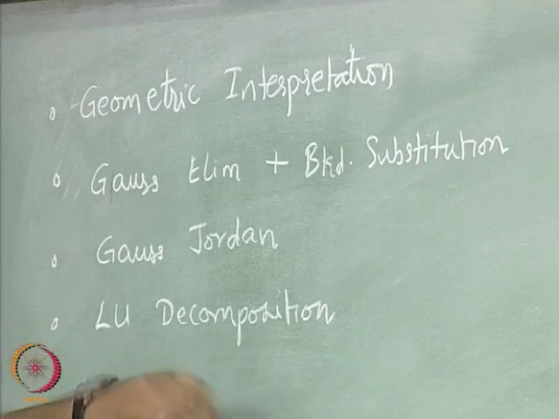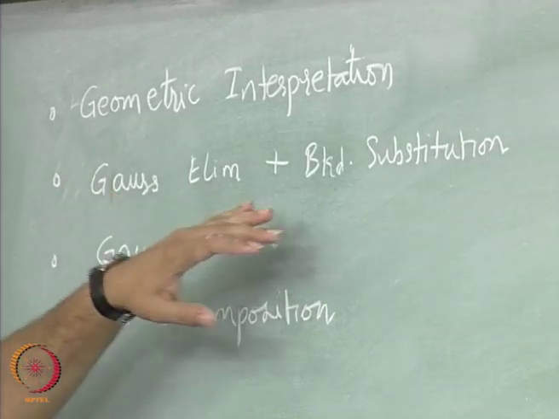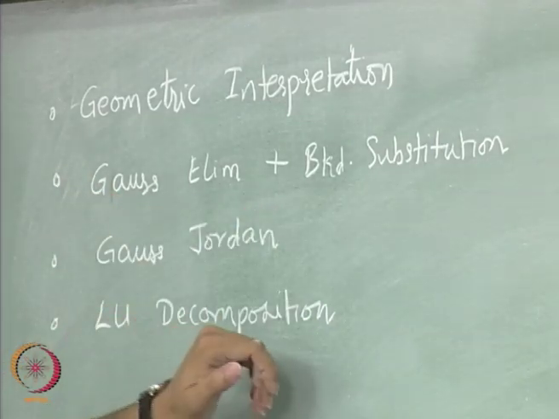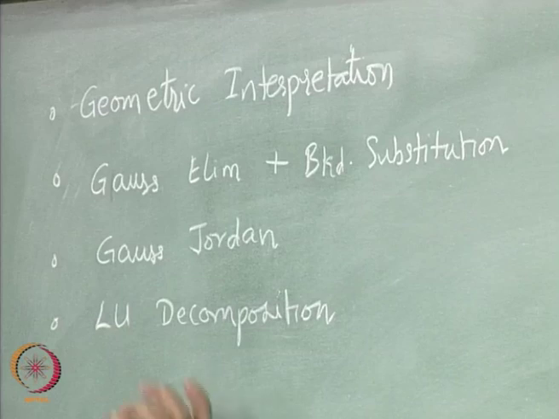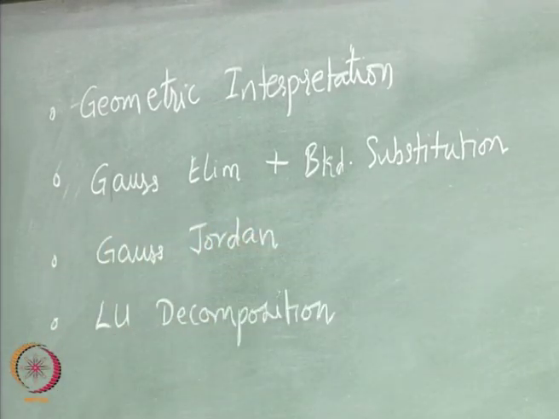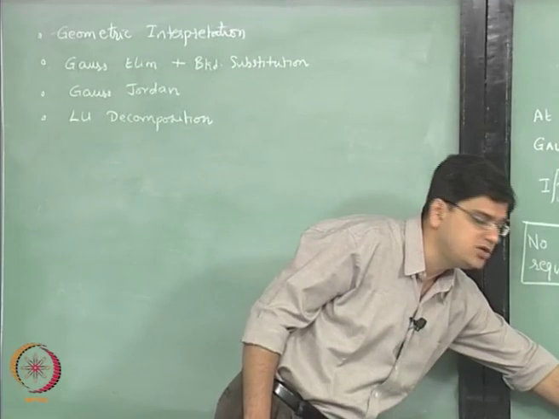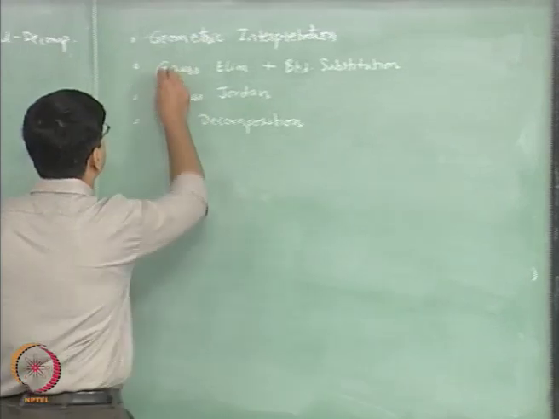Now the question is, why would you use the Gauss-Jordan method, or why would you use the Gauss elimination method, or is it actually useful to learn about an LU decomposition method when we already have the Gauss-Jordan method as a way of solving? Okay. So the answer to that question is that the Gauss elimination plus backward substitution method is really the workhorse. That's the method that is typically used in most examples.